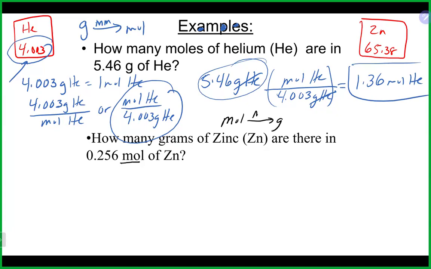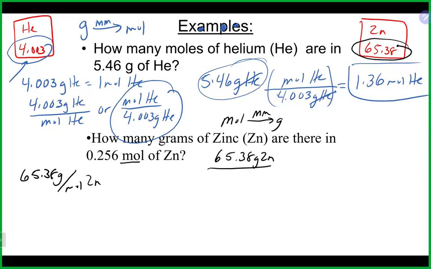So once again, that is going to be our molar mass, which we pick off the periodic table. That means it's 65.38 grams per mole for zinc. That gives us two conversion factors: 65.38 grams of zinc over a mole of zinc, or you can flip it around, a mole of zinc over